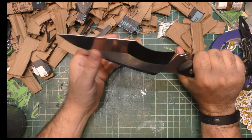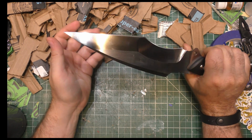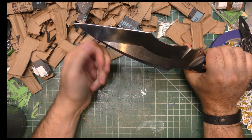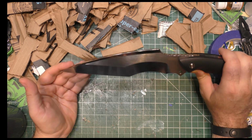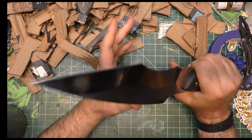But the thing is, when I first decided I was going to test it, when they first showed it to me, I didn't know what to expect out of it, and I thought it was more fantasy than function. But I'm not sure who the designer on this thing is. It has the weight just right, it has the geometry just right, it has the balance just right. So even if you just hate it for the way it looks,